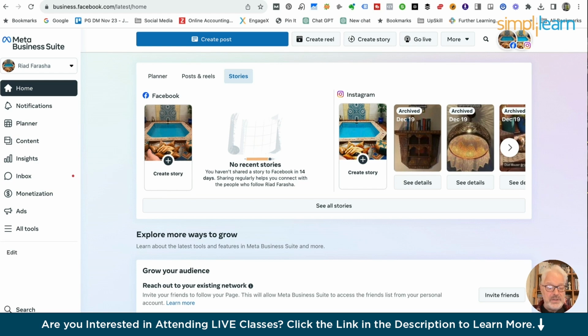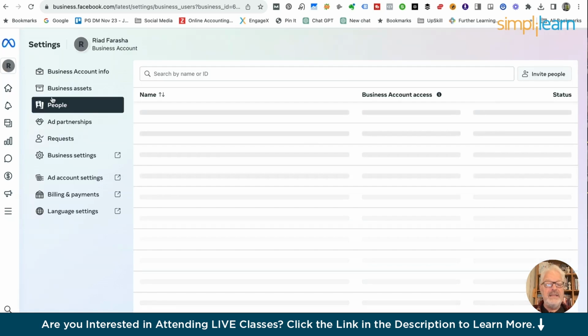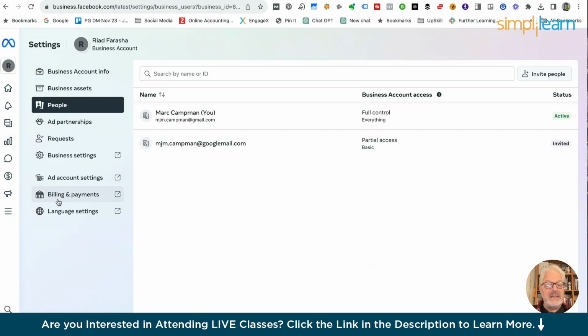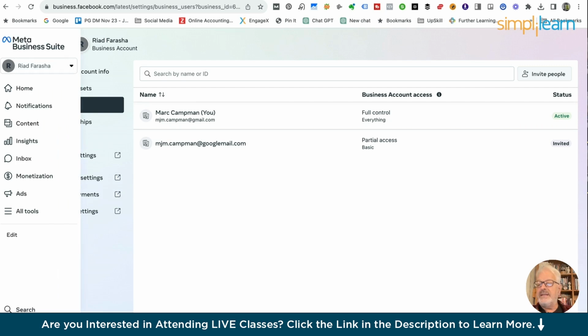And a very important button to close this section with is on the settings. And in the settings, you can set up your language, billing, ad account settings. And you may have seen this earlier when we've set up the account in the Business Manager. Yeah, so if you want to revisit that, if you want to make changes, then you can do that here